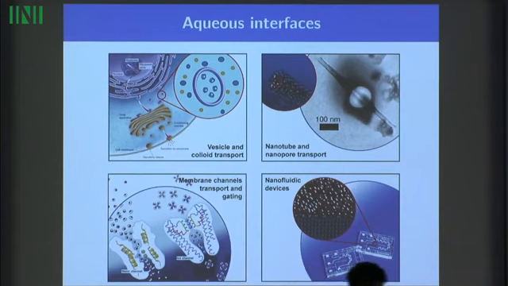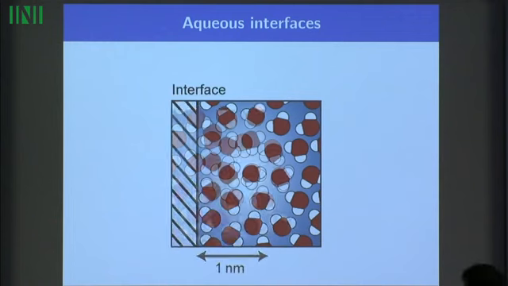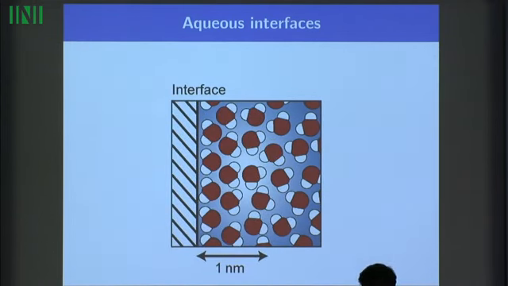What these systems have in common, and the main thing that I work on, is that they have aqueous interfaces. So you have water at these surfaces, and water has a rather peculiar property. It's an anisotropic molecule, right? It has two positively charged hydrogens and a negatively charged oxygen. In bulk, it's homogeneous and isotropically oriented. But as soon as you introduce an interface, you have this structuring. So the water forms layers,